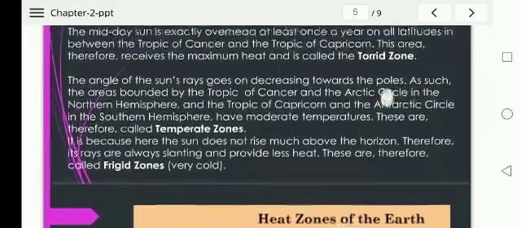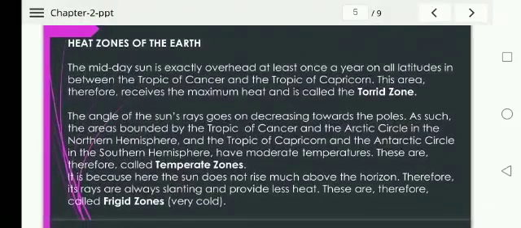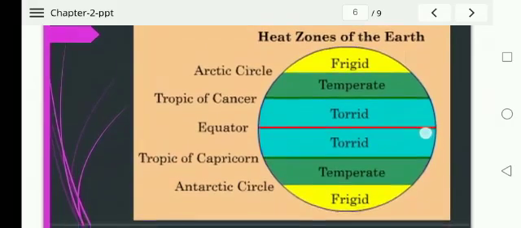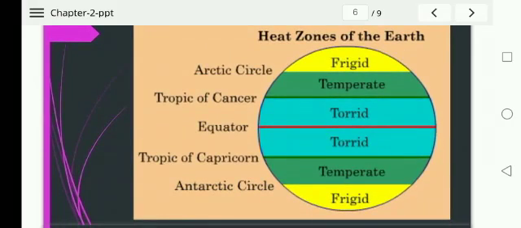And almost freeze. And here, the heat zone of the earth: the midday sun is exactly overhead at least once a year on all latitudes between the Tropic of Cancer and Tropic of Capricorn. This area therefore receives the maximum heat and is called the torrid zone. That means from the equator to the Tropic of Cancer and from the equator to the Tropic of Capricorn, in the north and south, is known